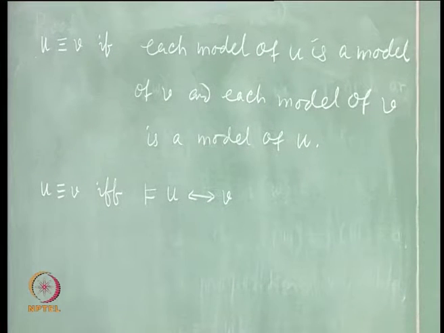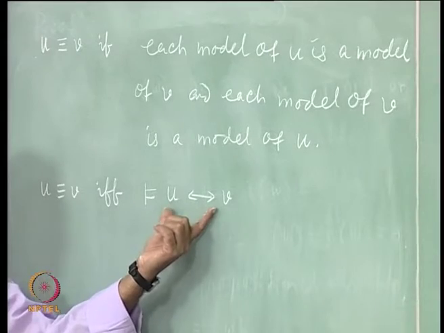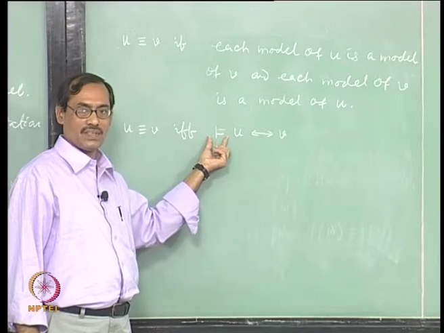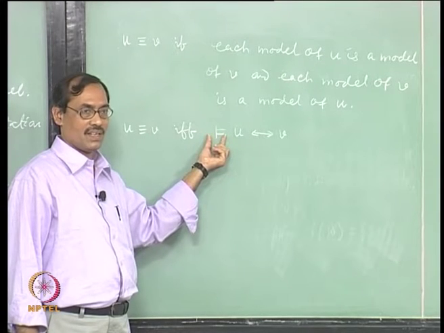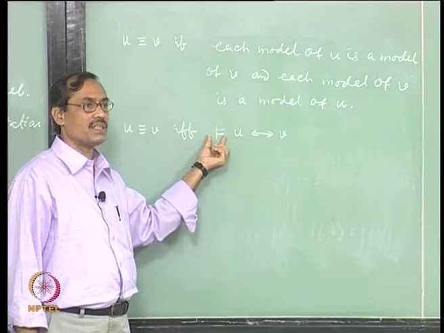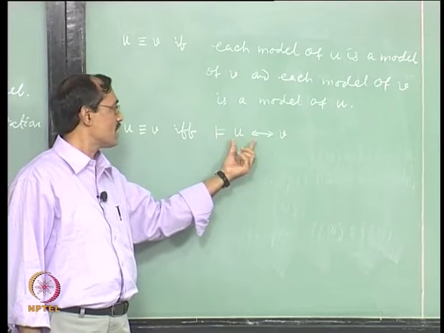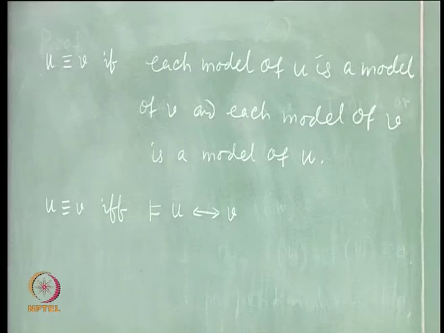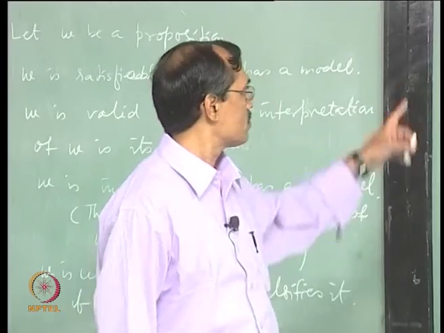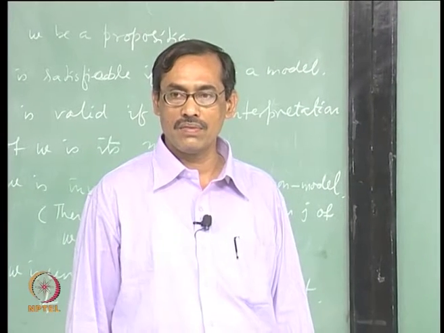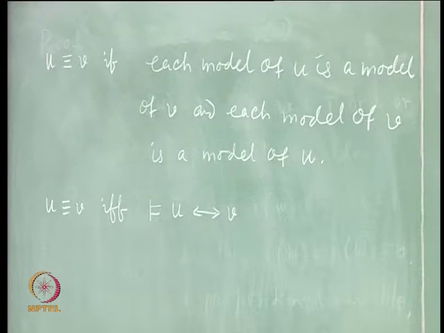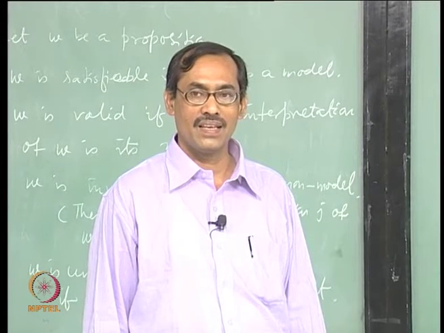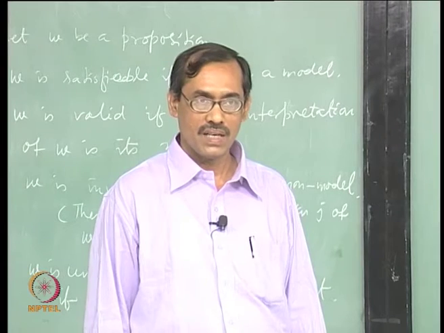So, to say that a proposition is valid, instead of writing is valid on the right side, we will just give a prefix of it. We will write this new symbol here, models, which we are writing for models also. We will read it as u if and only if v is valid. Now, how do you see the truth of this statement? Suppose each model of u is a model of v and each model of v is a model of u. How does it say u if and only if v is valid?